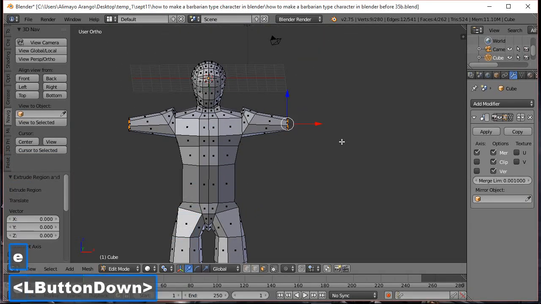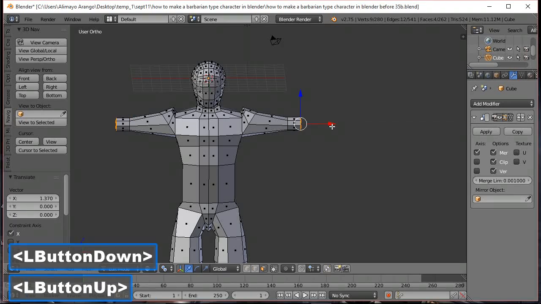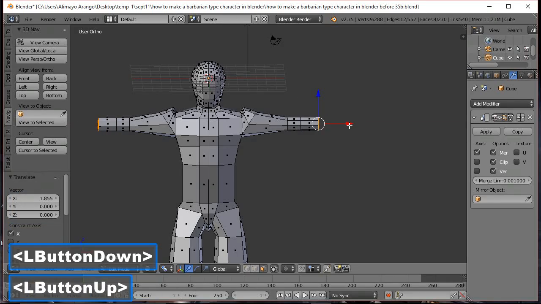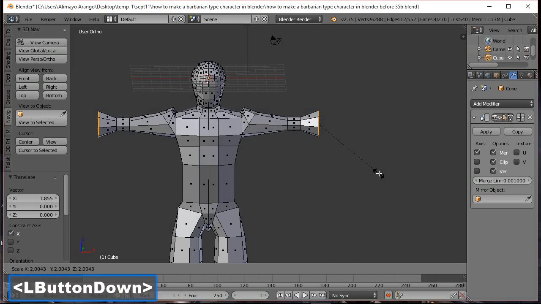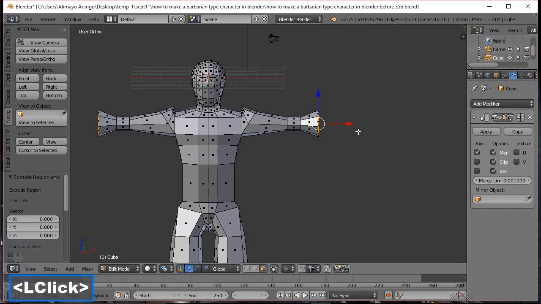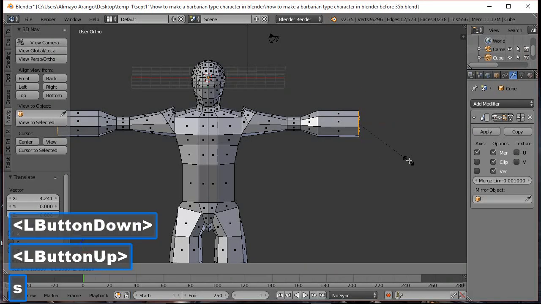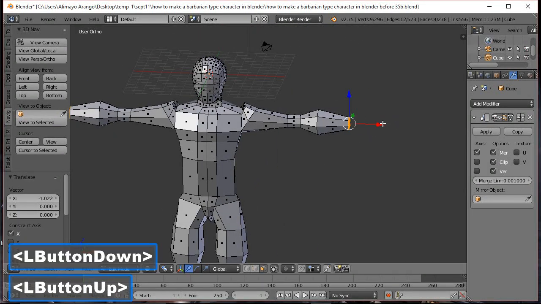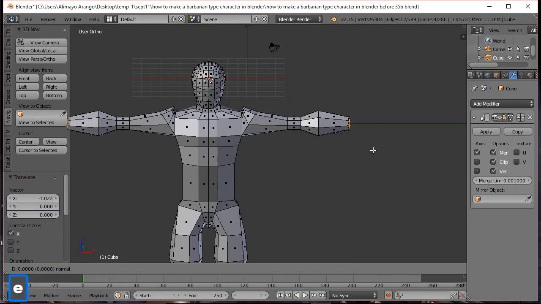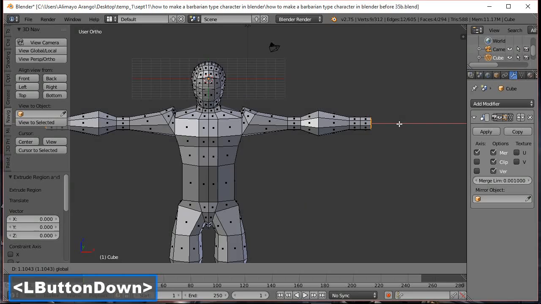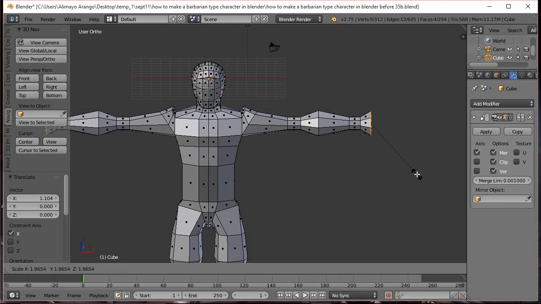Okay, so we're going to roll back, hold the middle mouse button to turn. We're going to press E to extrude, left click to lock in. Pull out here. We're going to press E to extrude, left click to lock in. Pull out about like that. Press S to scale, left click to lock in. Take a look to the side, which is fine. We're going to press E to extrude, left click to lock in. Pull to about there, press S to scale. Look to the side again just to be sure. Scale in some. And then I'm going to press E to extrude, left click to lock in. I'm going to press E to extrude again, left click to lock in, press S to scale,